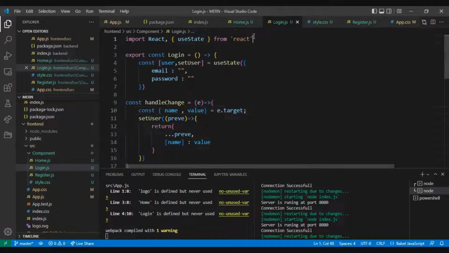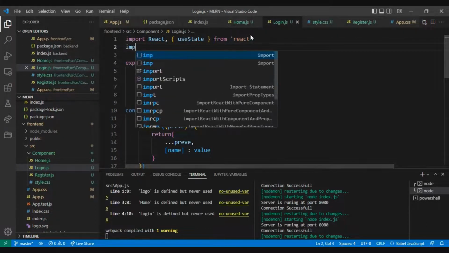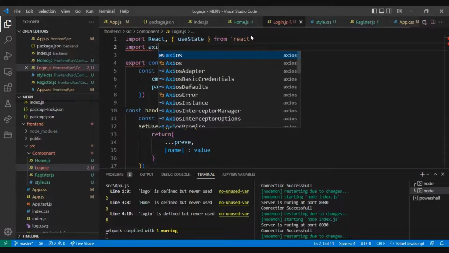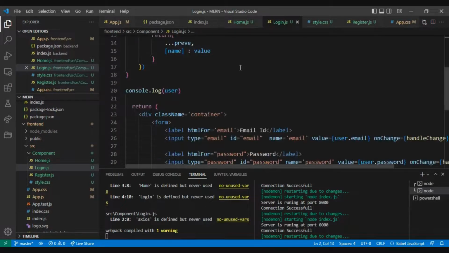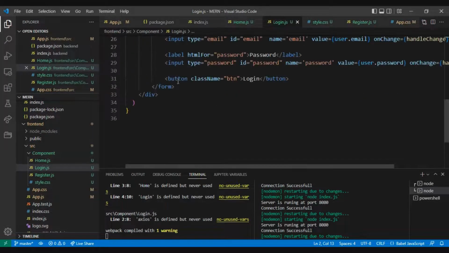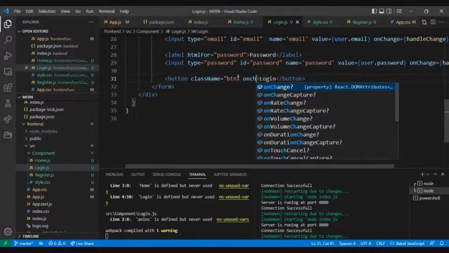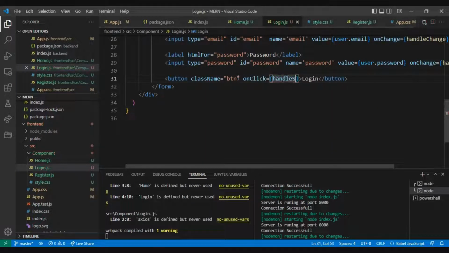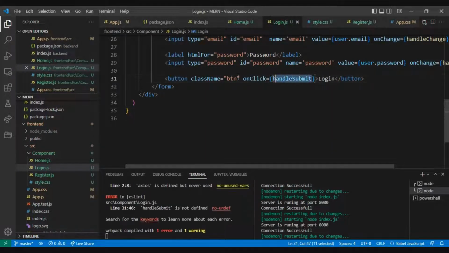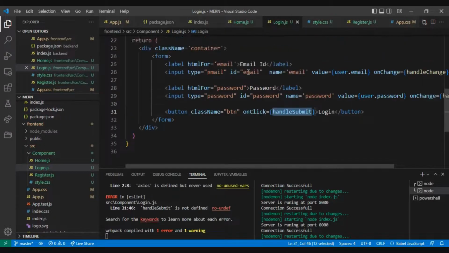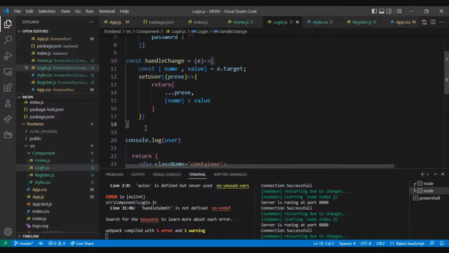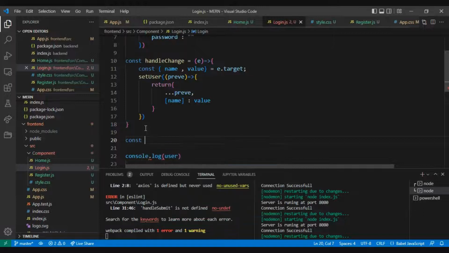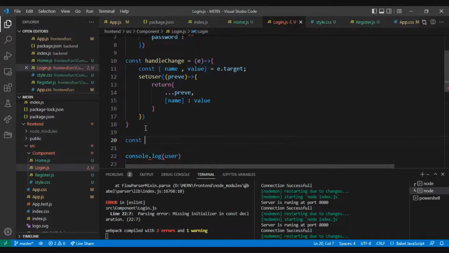For that here we want to import axios from axios, and when we click on this button, call a function onClick handleSubmit here, and after that const handleSubmit, arrow function,